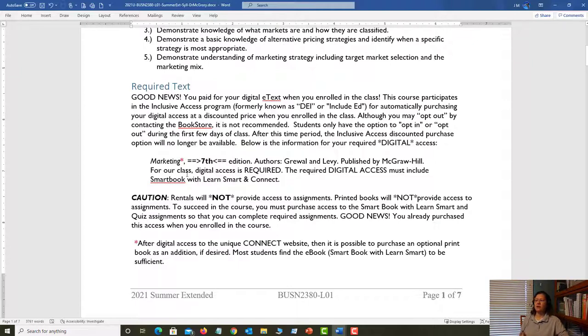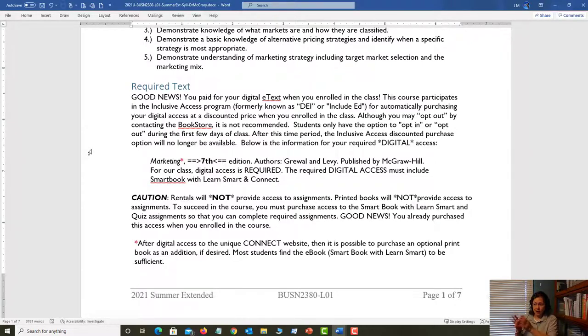Now, notice this. For our class, digital access is required. The required digital access must include SmartBook with LearnSmart and Connect. Now, here's a big caution. Rentals will not provide the access. And you're saying, "No, but it's a digital rental." No, that's to the book only, and it will not provide the access that you need.